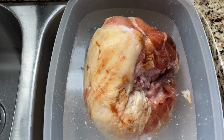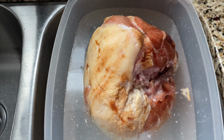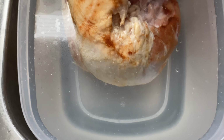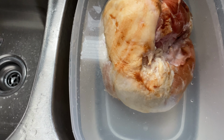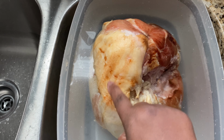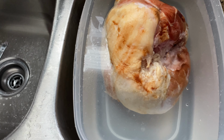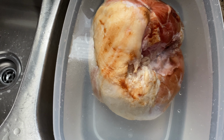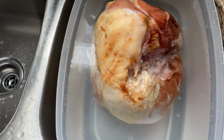So I also have 2 turkey breasts I'm gonna have to clean, and I'm gonna brine those as well. And I'm gonna show you how I'm gonna do that. Okay, this is the water after about 5 washes of the ham. You see how it's much clearer. There's a residue there. That is oil from the ham fat. If my mom was doing this ham, she'd cut off all of this stuff. But I actually like the ham fat because fat equals flavor, and we only eat ham once a year. So I'm going to go ahead and let this soak for about 24 hours to pull some of that salt